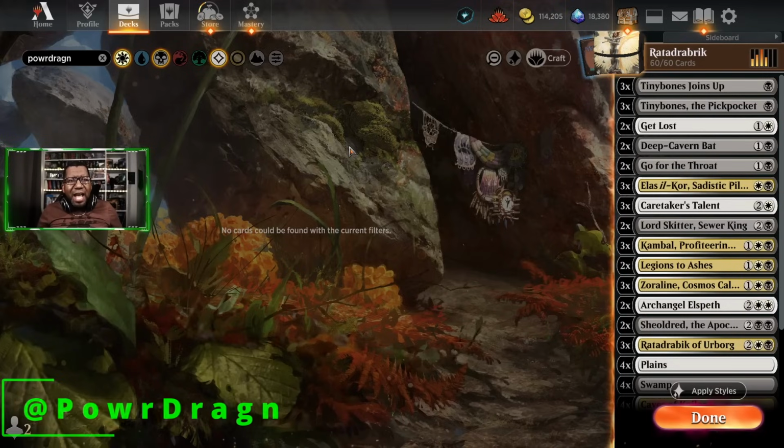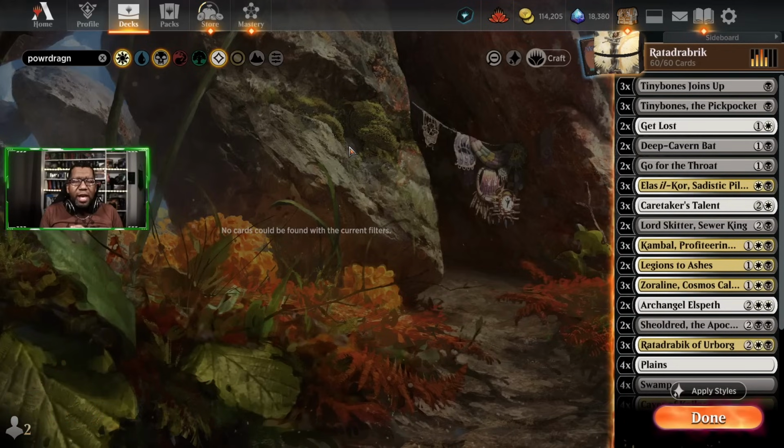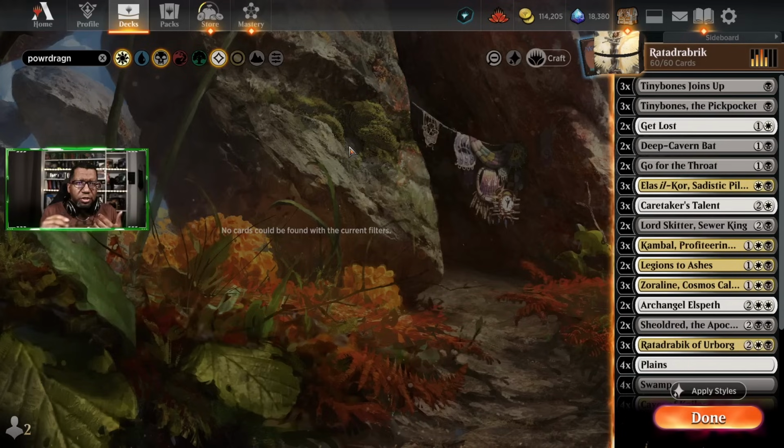So here's kind of an interesting thing that I think we encountered. As it turns out, PowrDragn might have been the worst card in this deck. Because I think this deck functions just fine. If we say, alright, what if we take the 3 PowrDragns out, and there's an extra Deep Cavern Bat, an extra Lord Skitter, and either another Shieldred or an Archangel Elspeth, right? Either of those. I think you just have more consistent turns that are just going to be better more often,